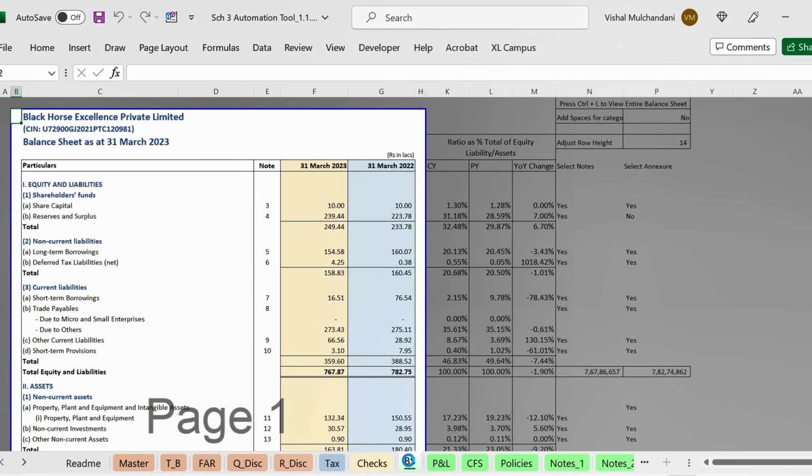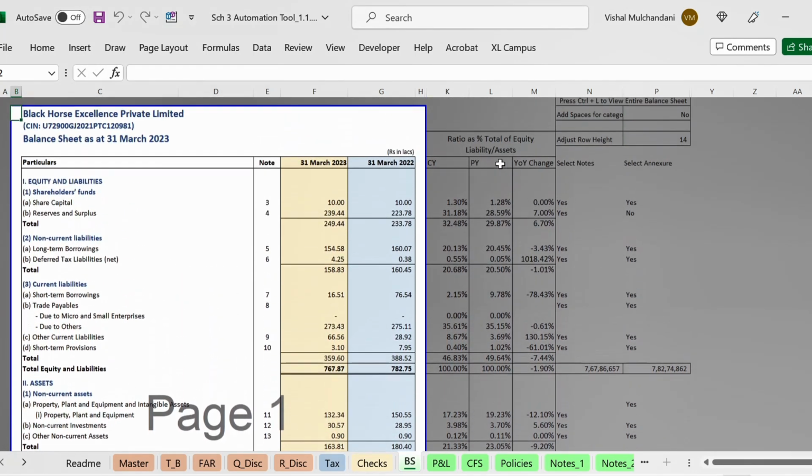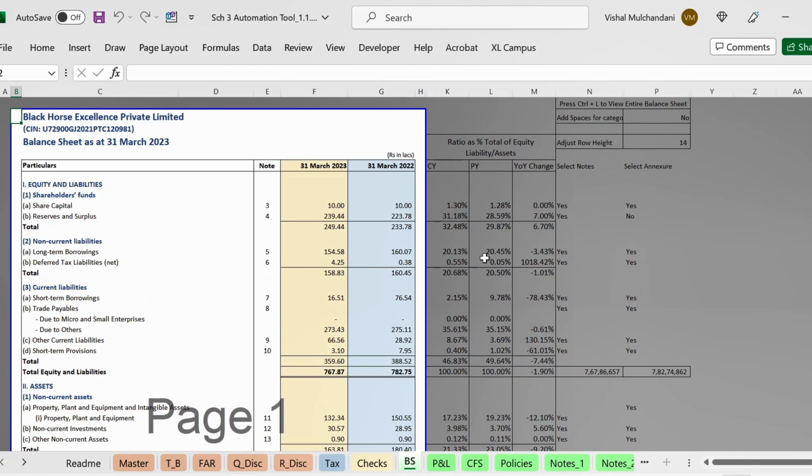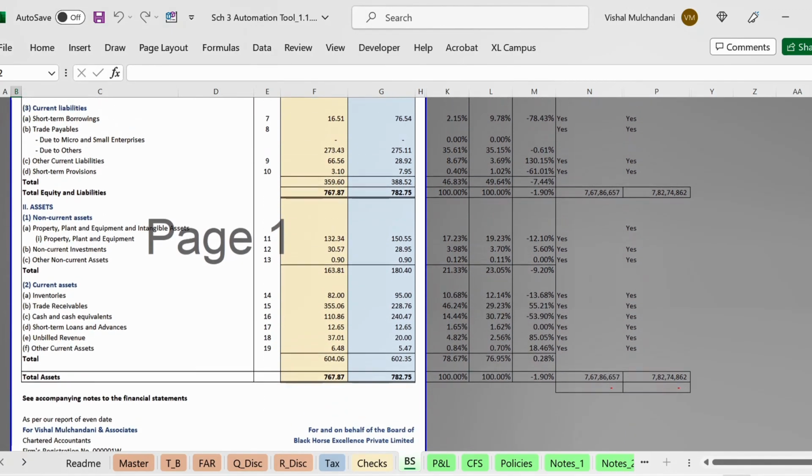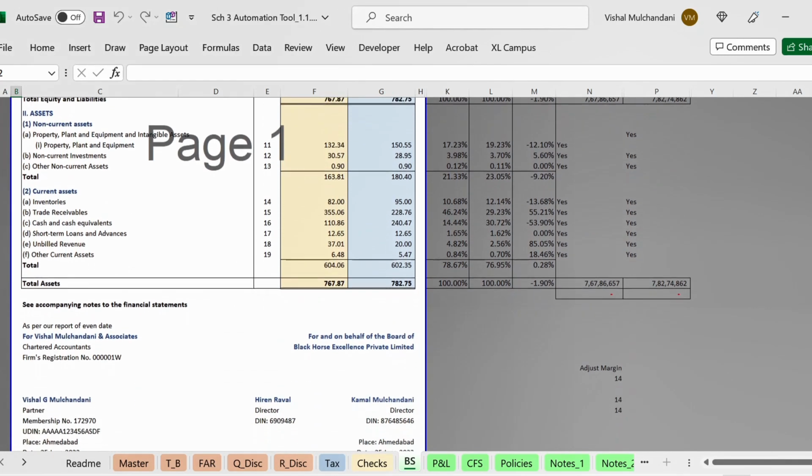Now let us come to the balance sheet. There is a ratio sheet that we have added over here. You can see on the right, ratio year-on-year comparison, also in terms of percentage you can see, and ratio as a percentage of total equity, liability and asset, you can have it over here. Another thing that we have added over here is